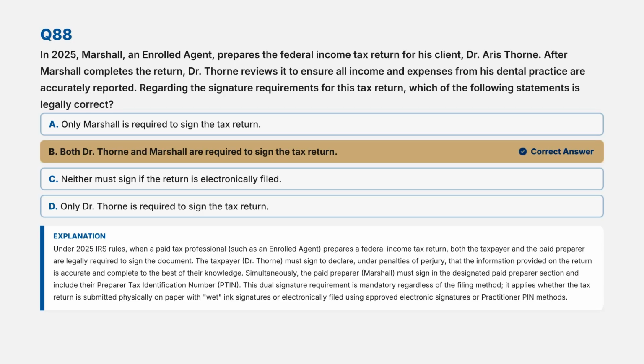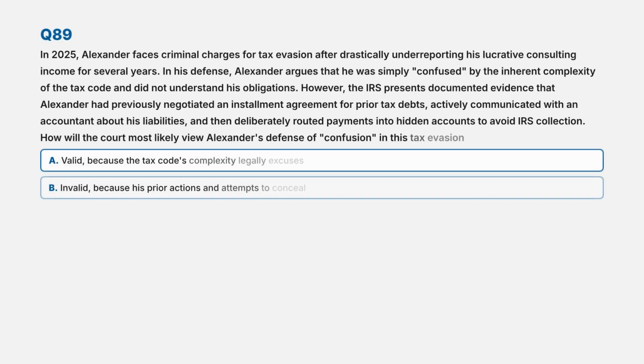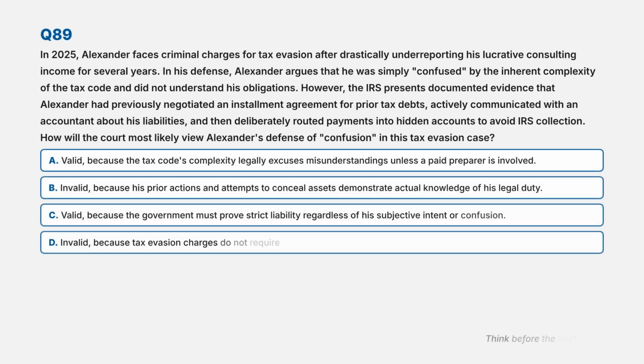Great. Let's move to question 89. Question 89. Here's the scenario. In 2025, Alexander faces criminal charges for tax evasion after drastically underreporting his lucrative consulting income for several years. In his defense, Alexander argues that he was simply confused by the inherent complexity of the tax code and did